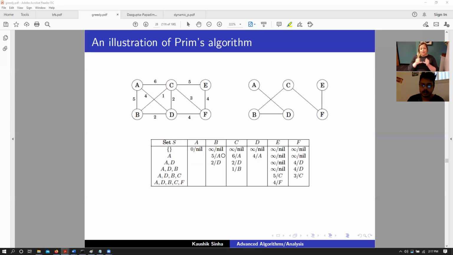So let's look at a runtime example for this particular algorithm. So let's say that we have this sort of graph here, and we want to find out the minimum spanning tree of this graph. So let's say that we start off at A, and then at that point onwards, we have the adjacent edges that go from A. We have A to C, A to D, and A to B. So we have the new costs. For B, we have 5, for C, we have 6, and for D, we have 4. We pick the edge with the minimum cost, that is 4, and we now have the